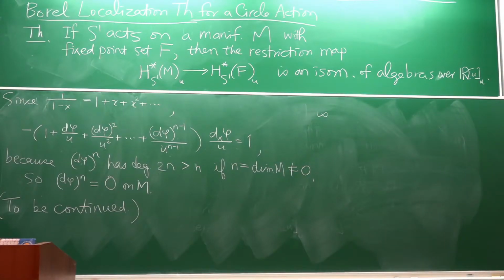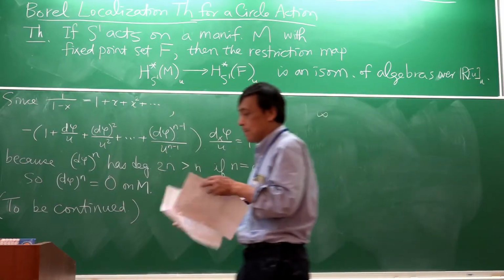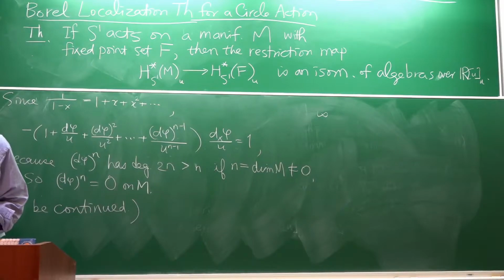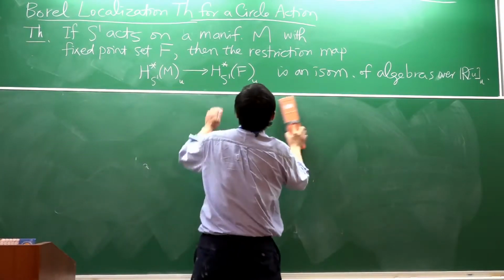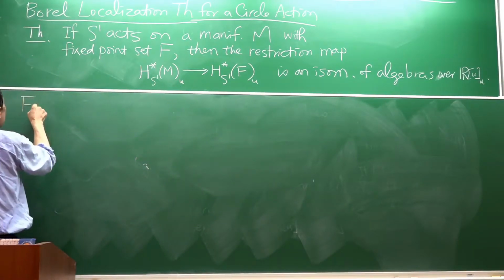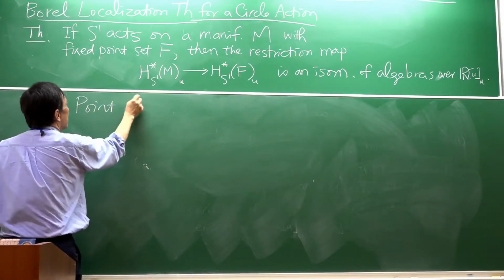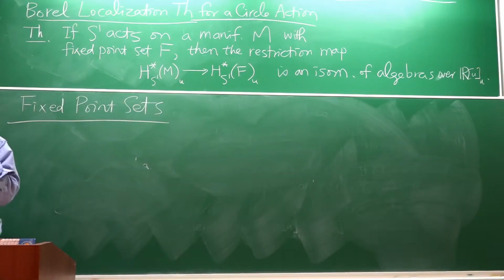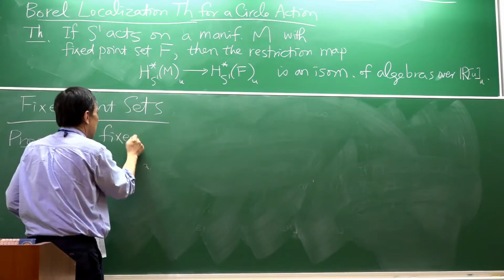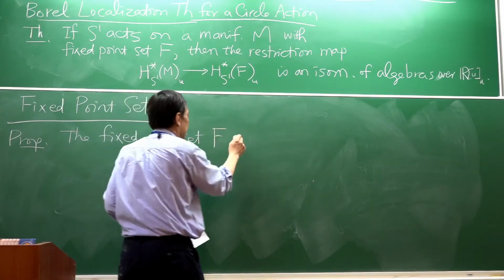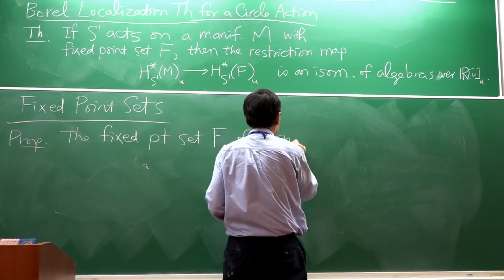So this lecture is titled General Facts About Equivariant Cohomology. So let's first study the fixed point set. I'm first going to prove that the fixed point set is always closed. The fixed point set of a group action